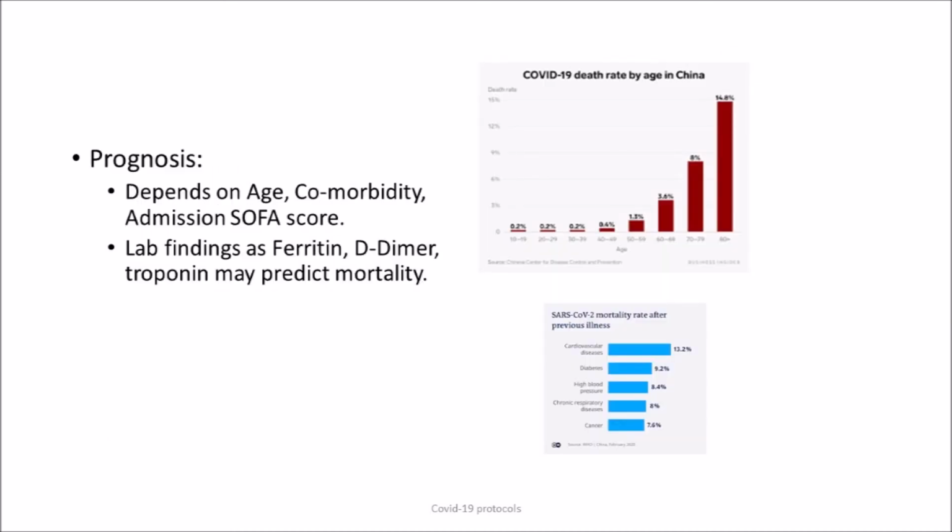Until now, age has been considered as the major prognostic factor for COVID-19. Other variables such as underlying diseases, namely cardiovascular disease, diabetes mellitus, hypertension, in addition to abnormal laboratory findings at the time of admission, can all play a role in the disease prognosis.